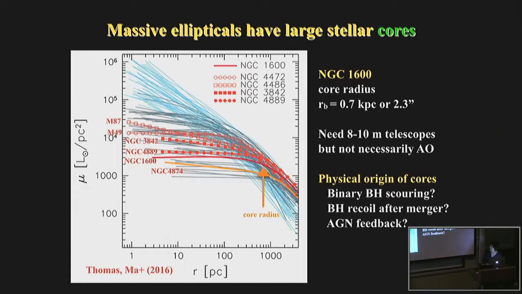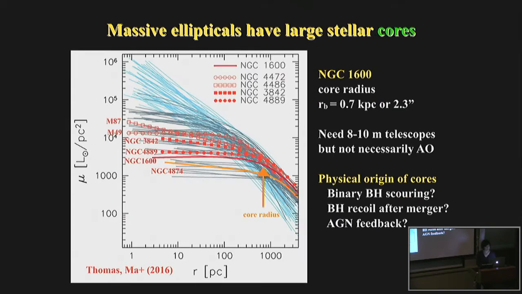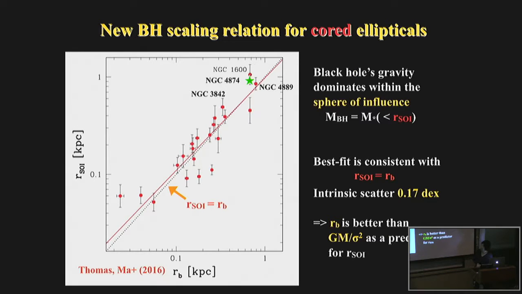So now I can characterize these cores using either the core-Sérsic profile or the Nuker profile. We tried both of these. Here is a plot. Again, the x-axis is the core size, so that's just based on photometry, HST in this case. It had nothing to do with the black hole. It's just where the light bends over for the stars. And the y-axis now is the sphere of influence of the black hole.